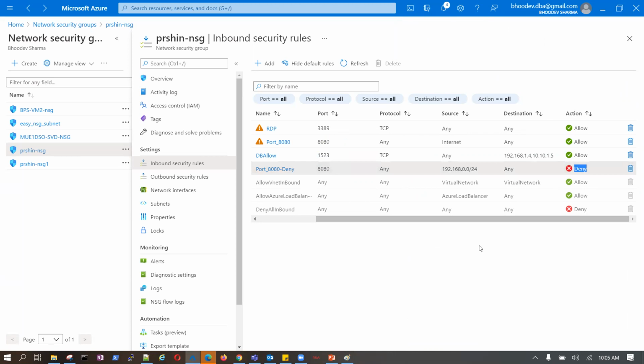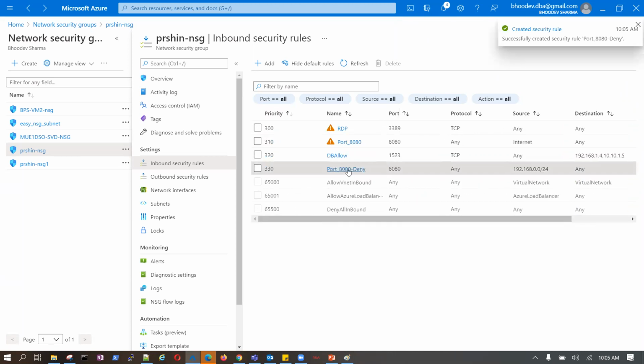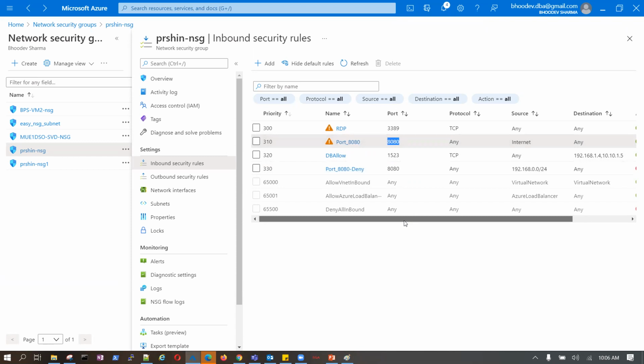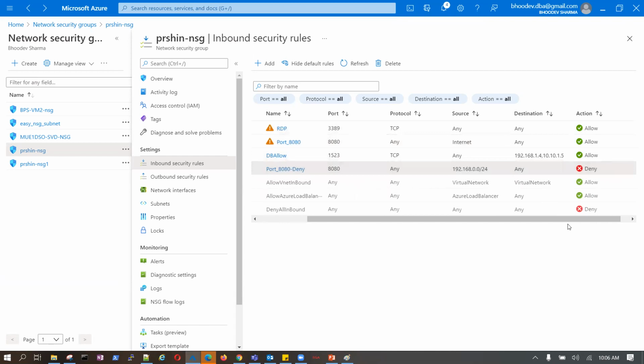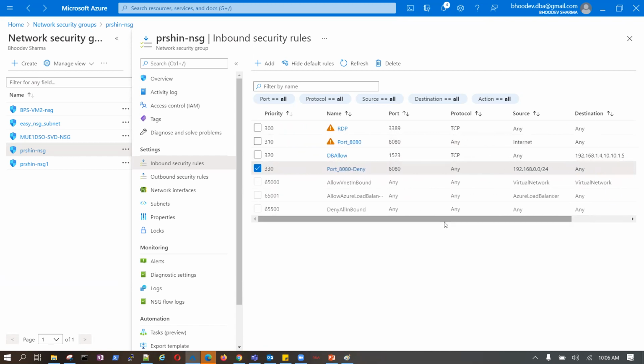What did we deny in this one? Port 8080. That is just only a name, right? Where we have defined that 8080 port, this is there, right? Port 8080. Now, can you tell me, will this traffic be denied or allowed? I think it will allow, because the one which I made is for everyone. So it is allowing everyone.